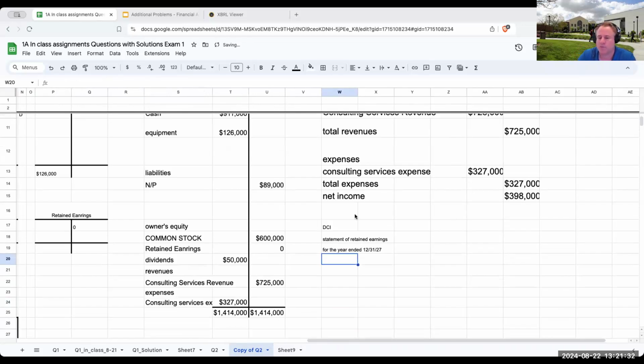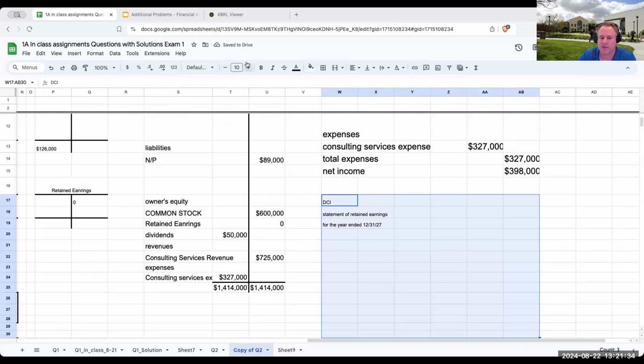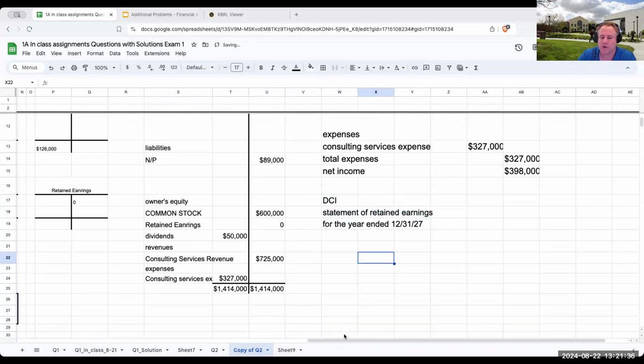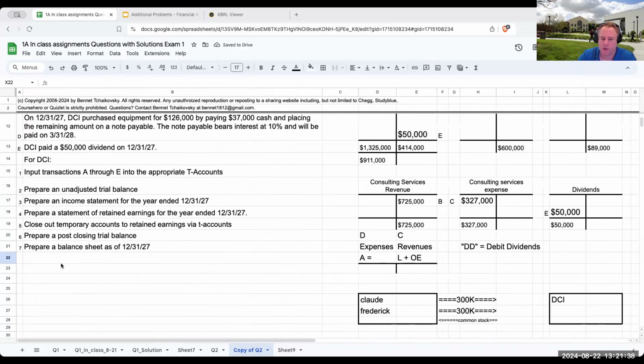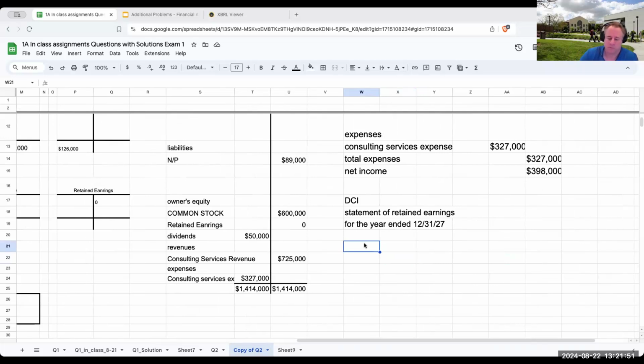Okay, so over here, we're preparing a statement of retained earnings for the year ended 12/31/27. Now, what is a statement of retained earnings? It's really this. It is going to be our beginning